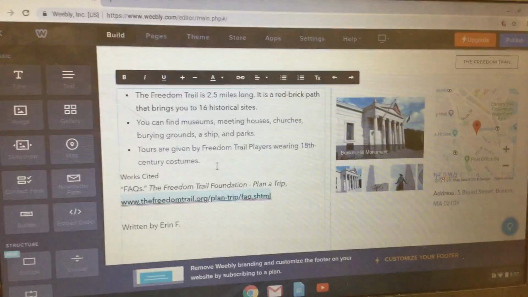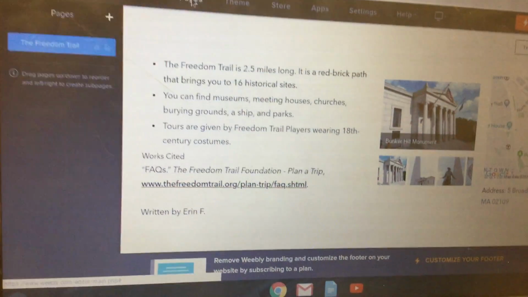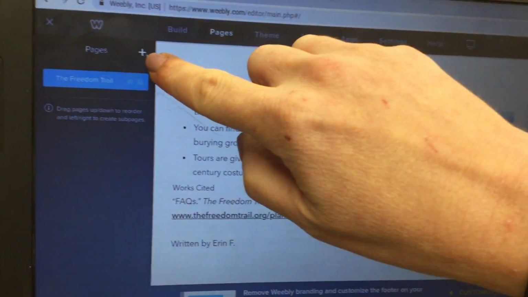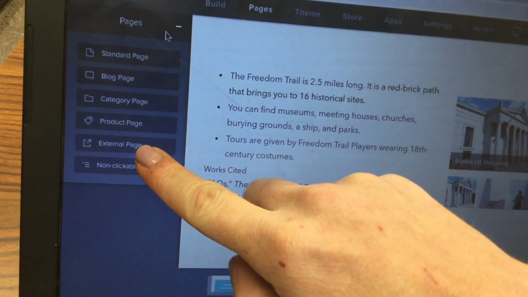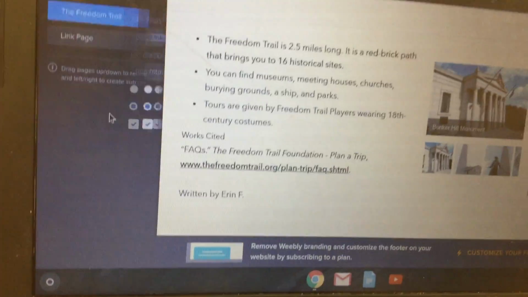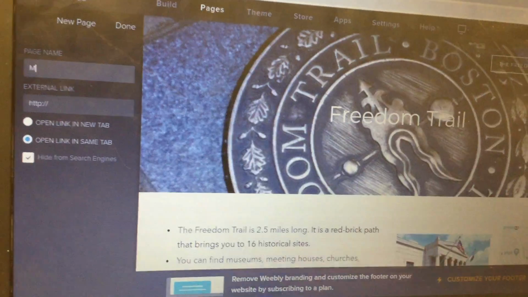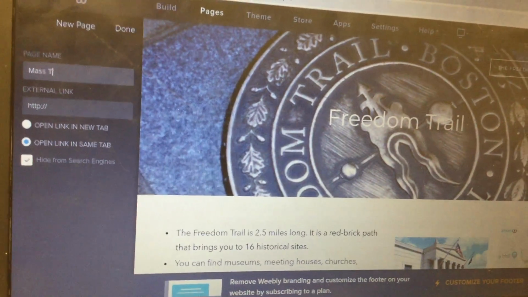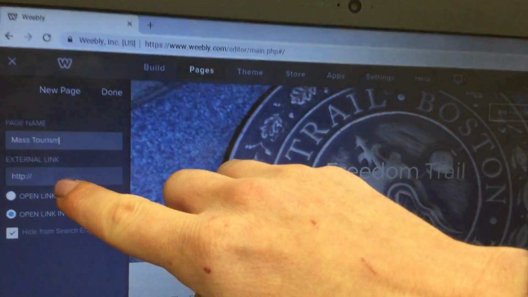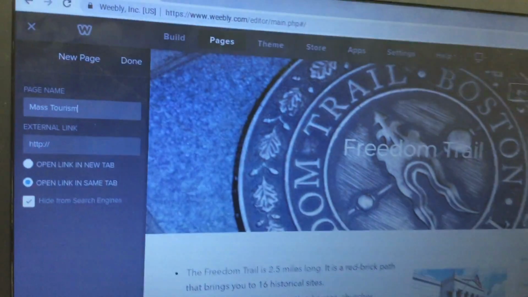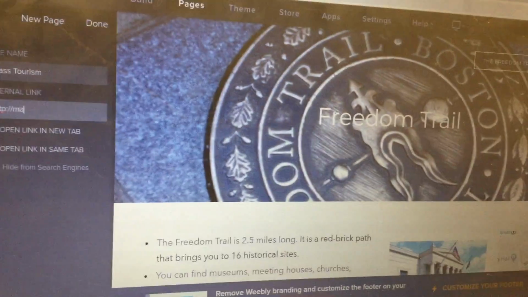Next, I'm going to add a link to the class website. So you're going to click on Pages up at the top, and then click on the plus sign right here. And then from here, click on External Page. Where it says page name, you're going to type Mass Tourism. Then click under where it says external link. So click after the slashes, and then you're going to type in